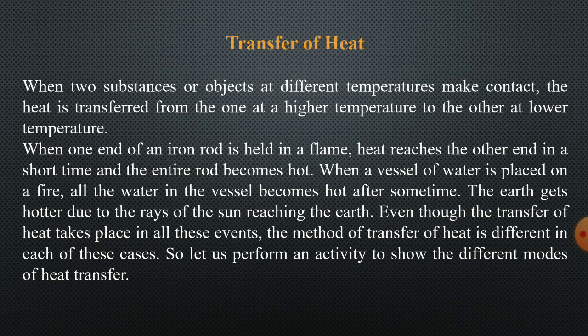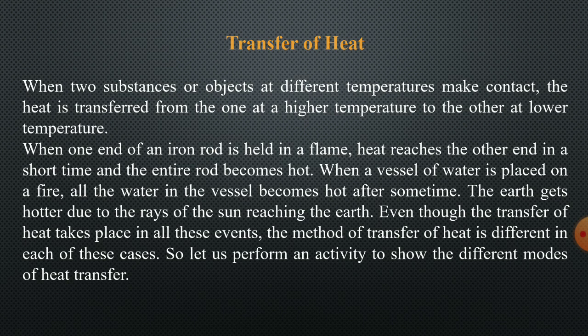As we have studied in the previous video, heat is always transferred from the hotter substance or hotter object to the colder object. It means there should be a difference in temperature between two objects, and always heat will be transferred from the hotter one to the colder one. It means when two substances are at different temperatures and in close contact, heat will always be transferred from the hotter object to the colder object, means from the higher temperature object to the lower temperature object.